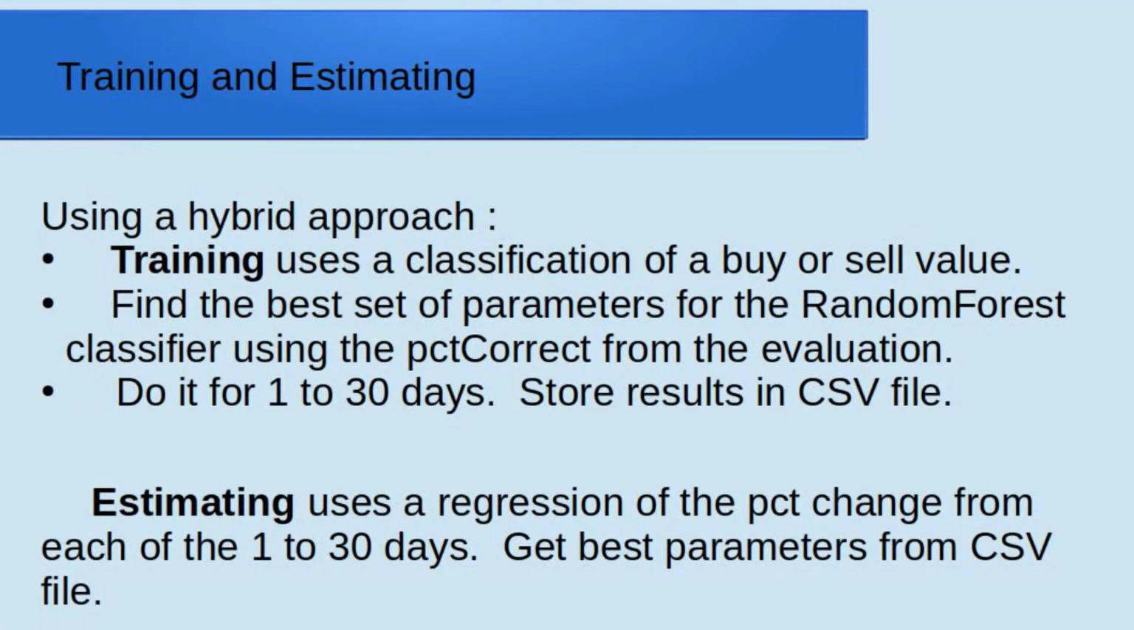For the training and estimating of the data using the WEKA functions, we're going to take a hybrid approach, just like I did in the weighted average expected value estimator I presented in the last video. During training, we'll use a classification of a buy or a sell, going through a whole bunch of different parameters, selecting the best ones, using it with the random forest classifier. Then during the evaluation phase, we'll take the percent correct for each of the runs, use the best, the highest percent correct, and store the results of the best parameters